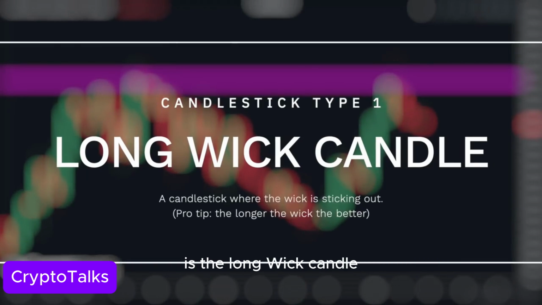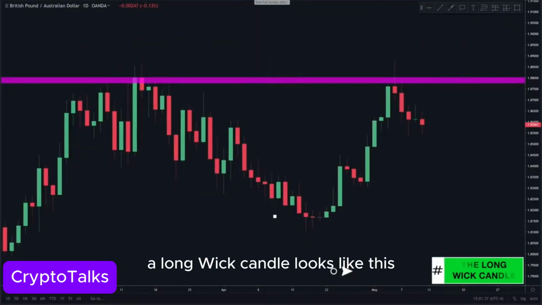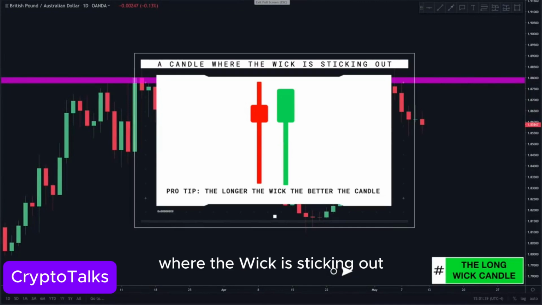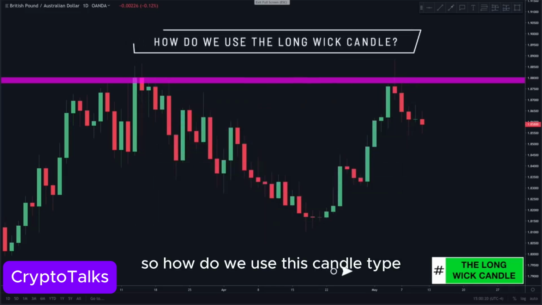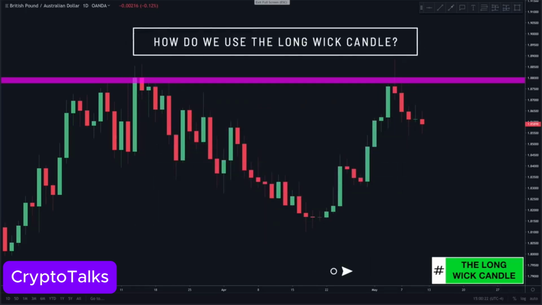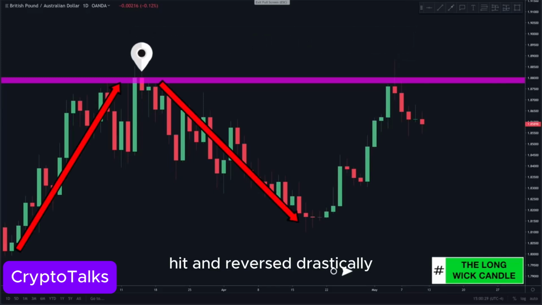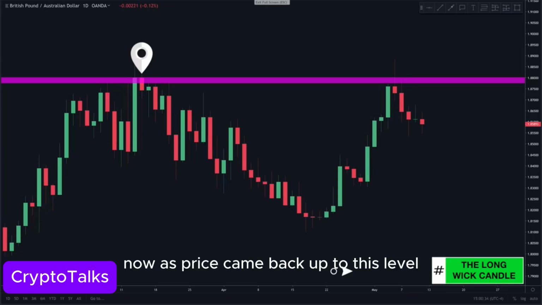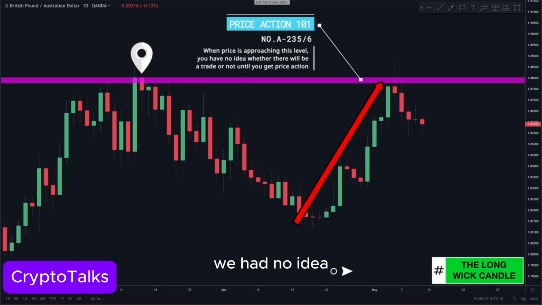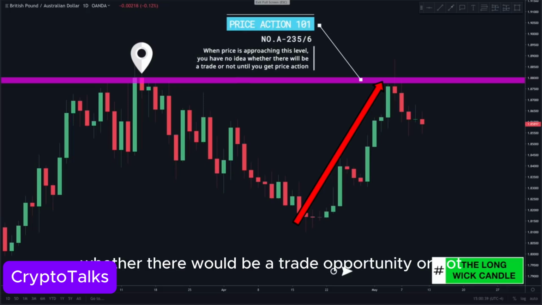The first one is the long wick candle. A long wick candle looks like this. And a pro tip, the longer the wick. So how do we use this candle type? Again, back to what we have been discussing. We look left and notice that price came up, hit and reversed drastically, giving us a good level of resistance. Now, as price came back up to this level, whether there would be a trade opportunity or not, what you do is